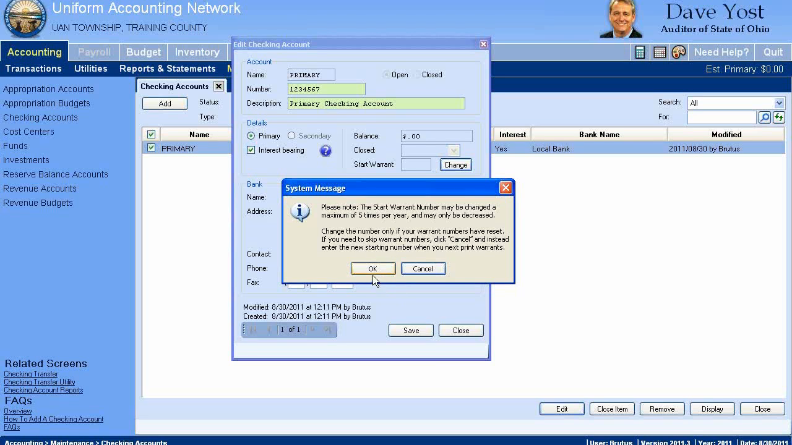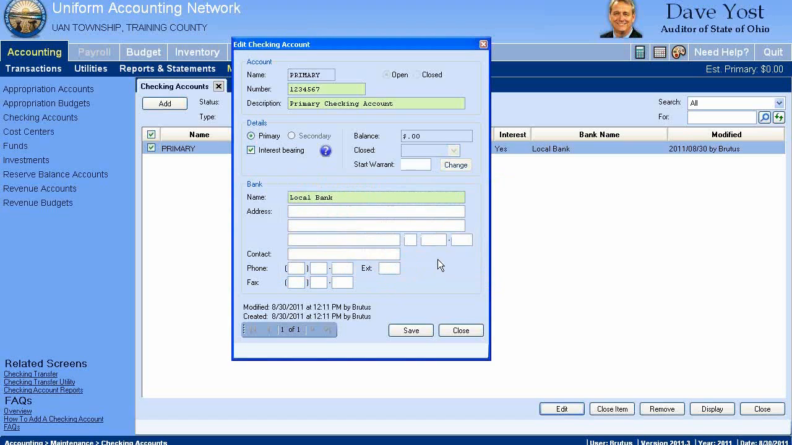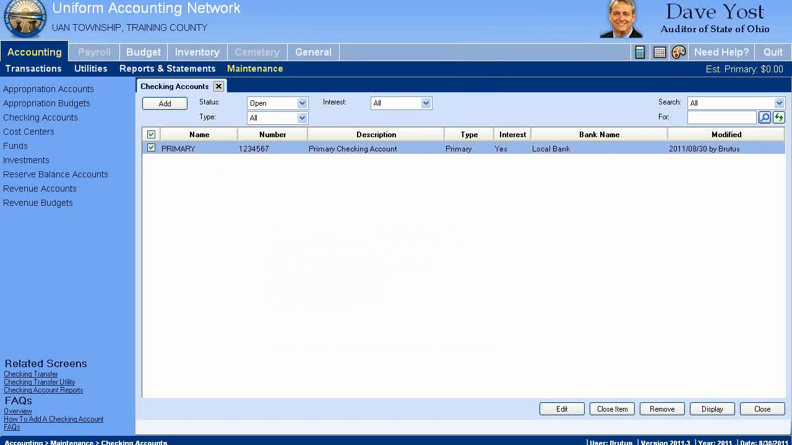So anyways, I'm going to click OK on this, and it's very easy. You just type in your start number. We're going to say our warrant number is 1000, and you click on Save, and it saves it. So now that's my starting warrant number. If I come back here later,